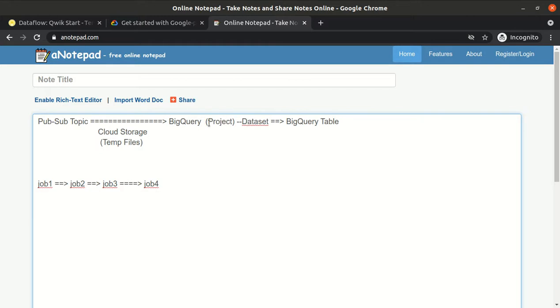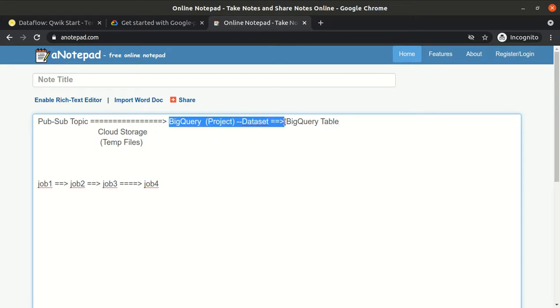So we will create one dataset under that project. Once the dataset is created, we will create a table so that we can store our data.